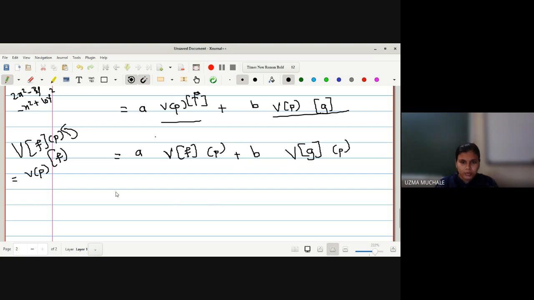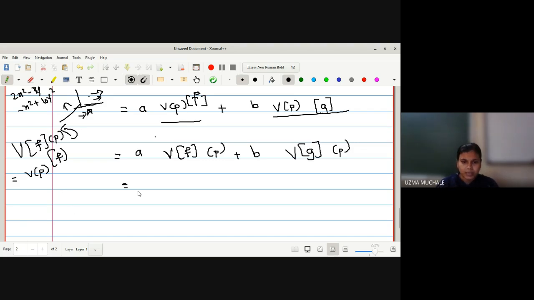Now I know that you will be confused about what I am doing. I am just taking p outside. While solving the example, you will come to know how this is solved. But at this time, you should just keep in mind that we have to apply the definition of a vector field by a point-wise application. That's why I'm showing this diagram again and again. Going to a point-wise application means that at every point you are getting one tangent vector. So you have to apply the definition first in a direct way. In the next step, you have to do it in a reverse way.